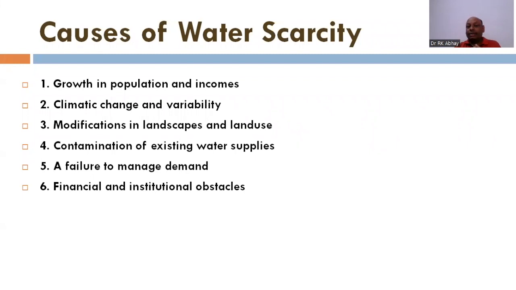Water scarcity means the quantity is decreasing day to day over time. Why? Because population and income are increasing. More population, more consumption, more wastage, more income, more consumption. This is what the general perception is all about. Urban people are consuming more water than people in rural areas because of their income. The concentration of population at a particular place